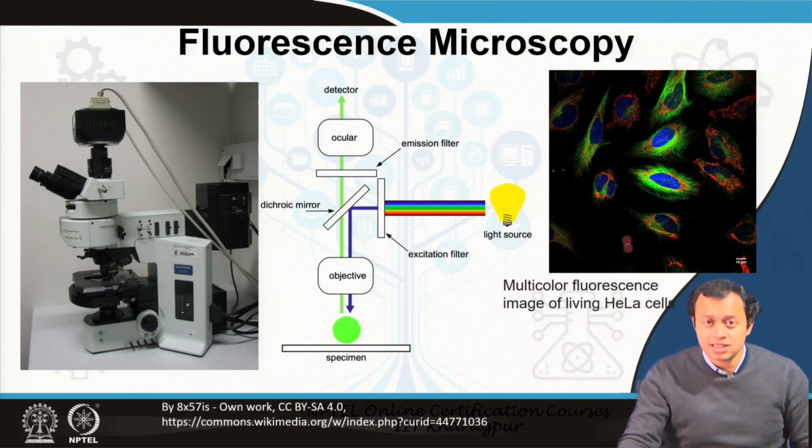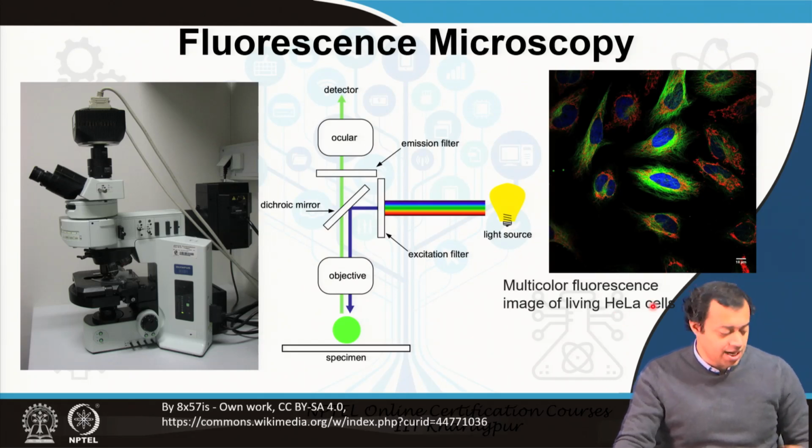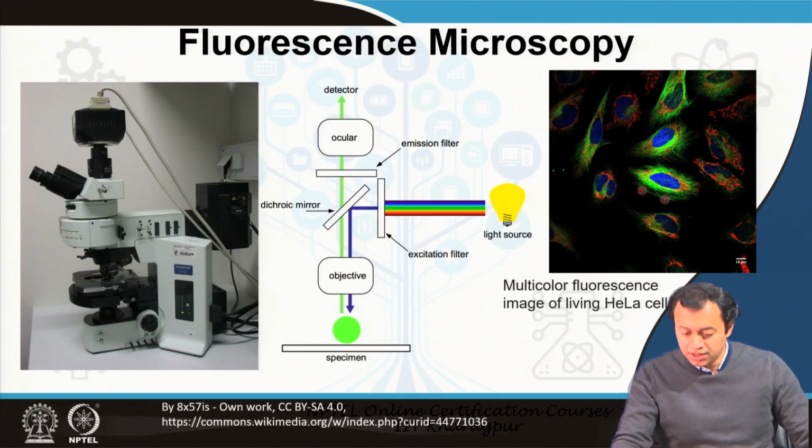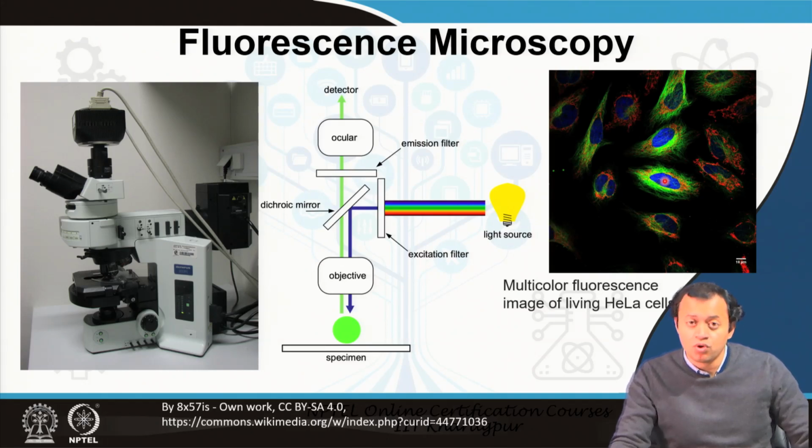This is HeLa cells. Biology students know what HeLa cells stand for, cancer cells. Henrietta Lacks donated her cells. So, this is a cancerous cell, and different areas. Different types of fluorophores got attached to different parts of the cell. So, green fluorophore got attached to the cytoplasm, blue fluorophores got attached to the nucleus, red fluorophores got attached to,